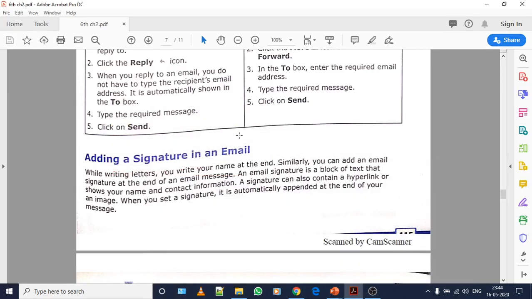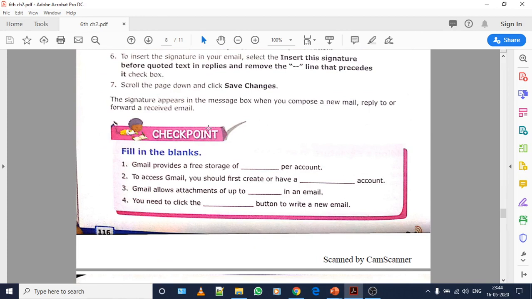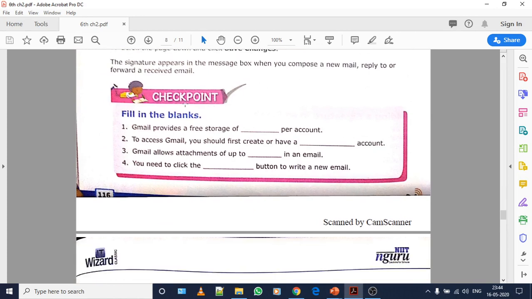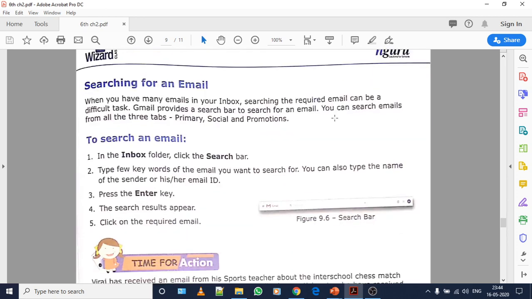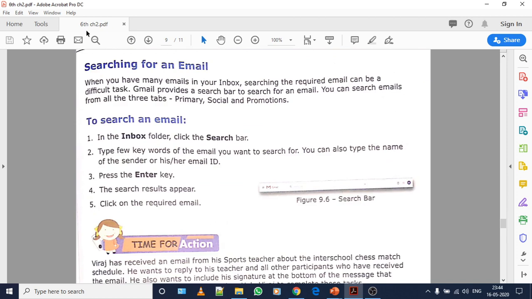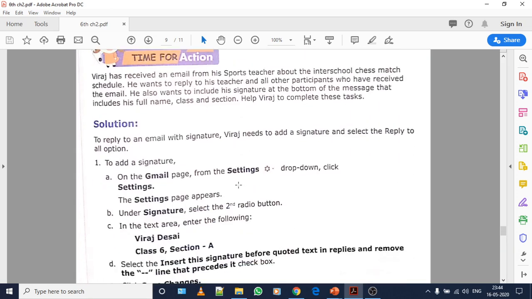Okay students, so tomorrow we are going to discuss this. I'm going to give you this checkpoint to do it on your own. See the lecture video and the pages that I have shared. In the next section, I'm going to show you how to search a mail that is not known to you. What are the methods you can use to do a search using the search box. Then accordingly, I will show you a practical session of time for action.